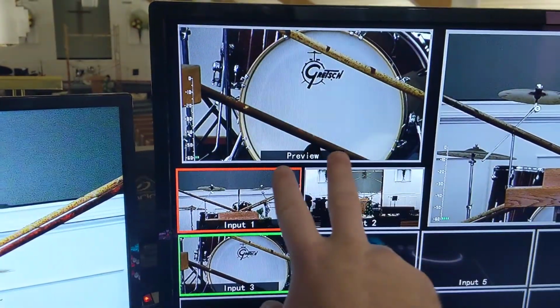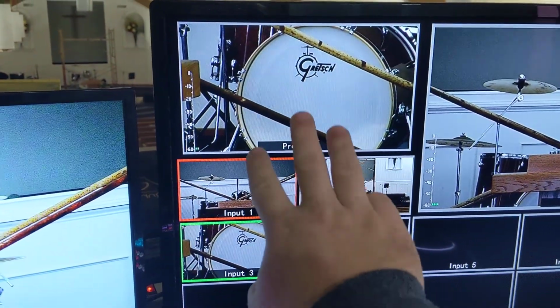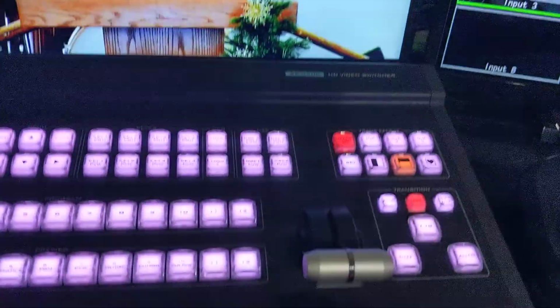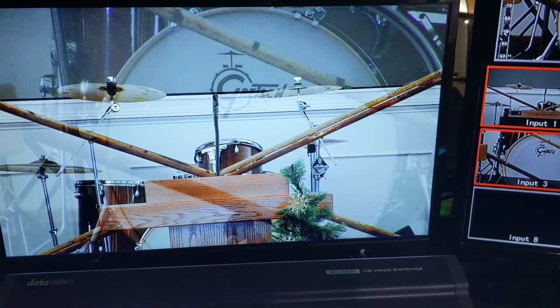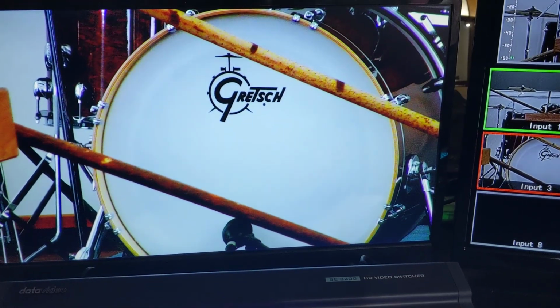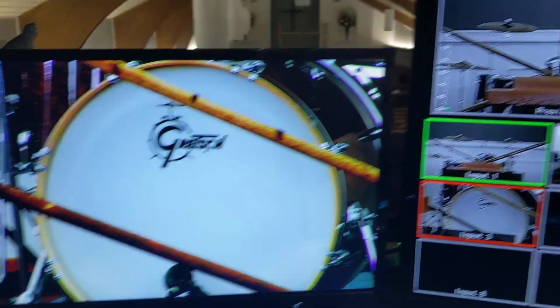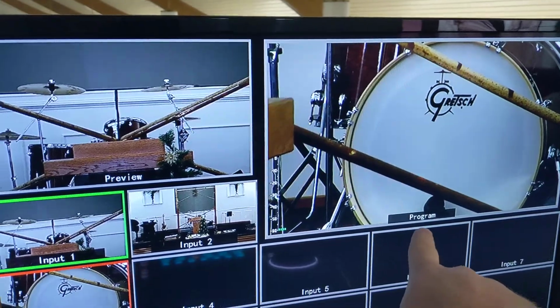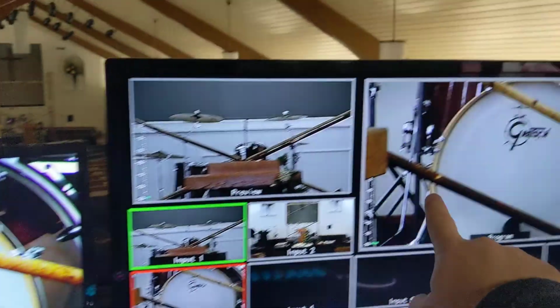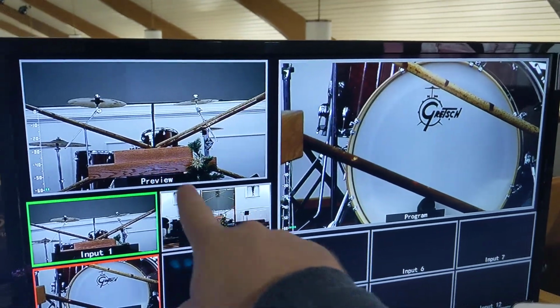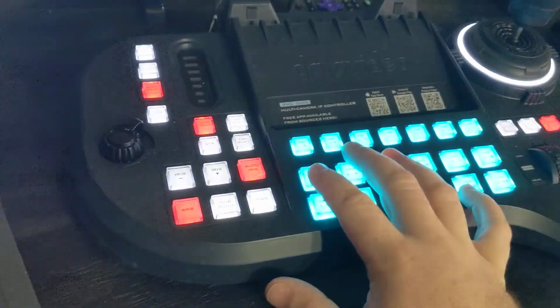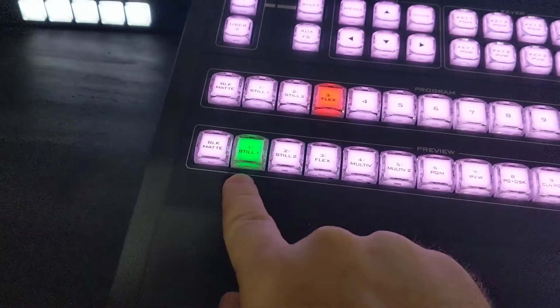So now that we have camera 3 set the way we'd like it in the preview, we can take the T handle, watch our screen here, and transition into the shot of what we have on camera 3. Thus, camera 3 becomes the program, which is on this screen and on this screen. We now have a preview of what we had before, so now we can go back to camera 1, which is our preview. We do camera 1,